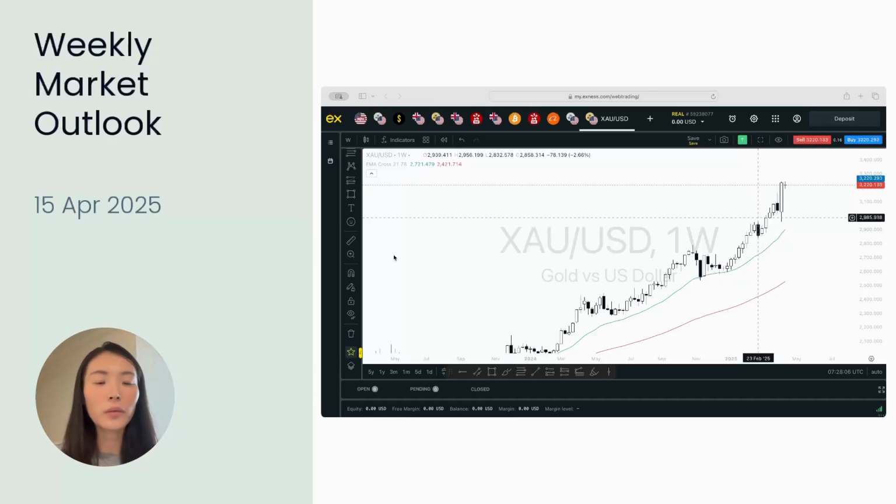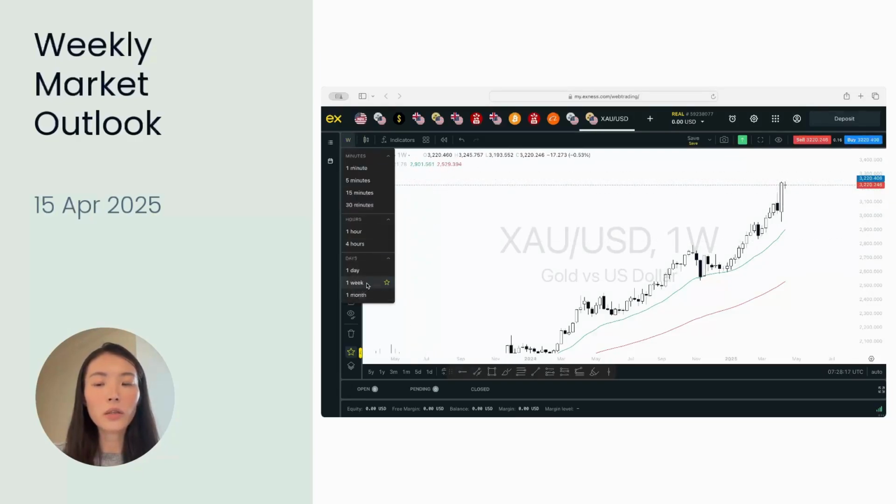For today, we will be covering technical analysis on gold. We will take a look at it across different time frames. I'm currently on the Exness web terminal, so if you take a look at it on the weekly time frame,